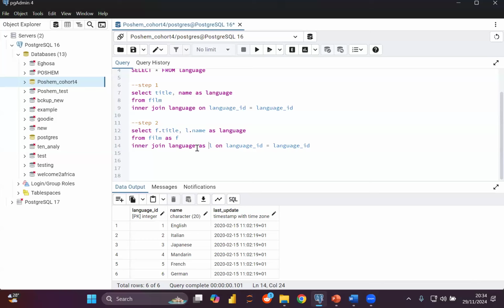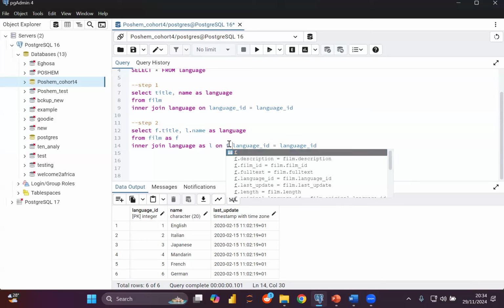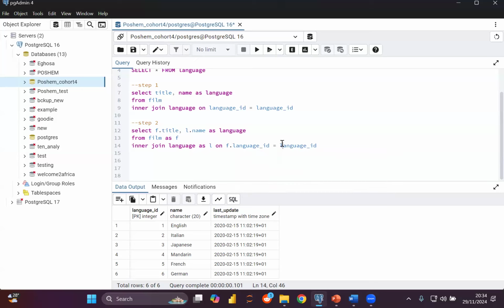So language as L, on where I'll see now F, which is the film table. On the film table dot language ID equal to the L.language ID. What this means right now is that we're saying, okay, select title. This title of course referring to the film table. Like this title is from the film table. Well, we want to bring the language name, which is from the language table. So L.language name,